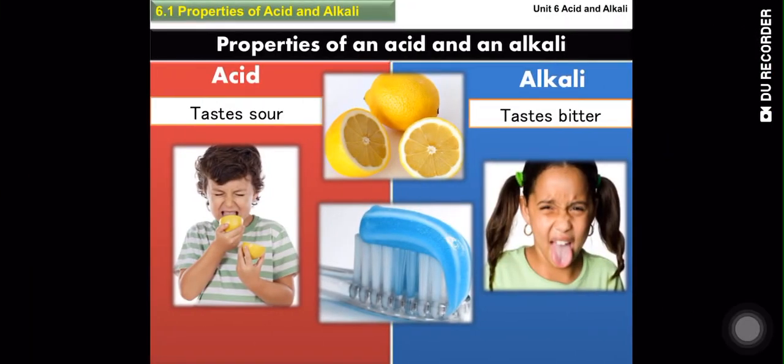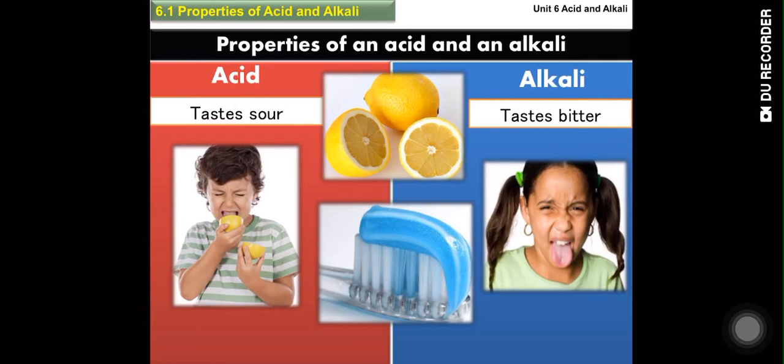The basic properties, as I said earlier: acids will taste sour, alkalis will taste bitter. And we know this taste quite a number of times. We have tasted all the sour types of fruits. The citric acids in the fruits are the ones giving this taste, and these alkalis